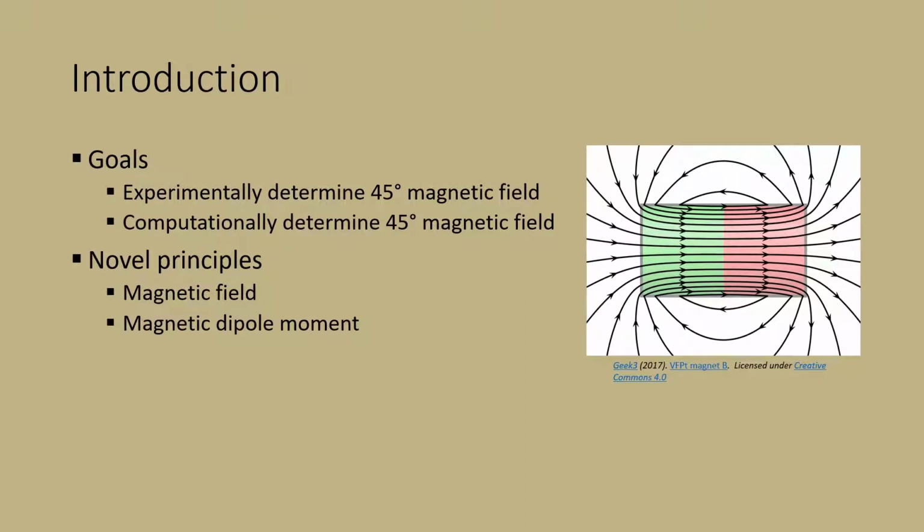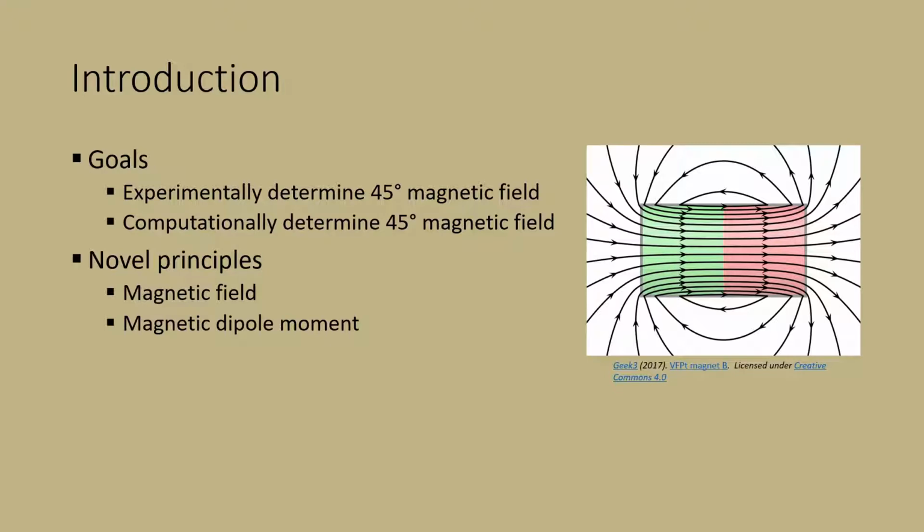The goals of this lab are twofold. First, we seek to experimentally determine an off-axis 45-degree magnetic field using constants derived from previous experimentation. Then, we want to computationally determine the 45-degree magnetic field at the same off-axis point to find an idealized version of that magnetic field. To do this lab, we'll be invoking some novel principles, including the magnetic field and the